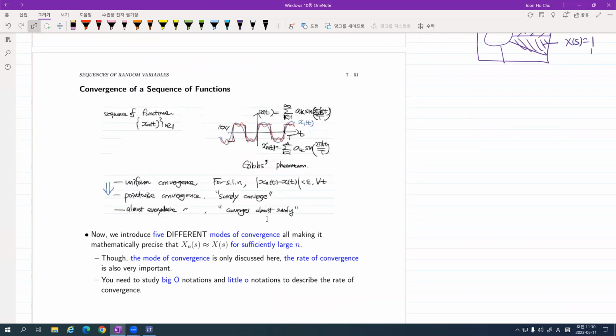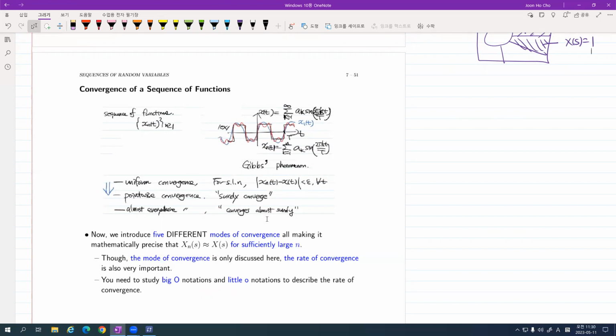This figure shows the Fourier series approximation. Here you see k runs from 1 to n. It must be 0 to n. Okay. In this case, the DC is 0, so probably that's why I removed that one. And I also do not have cosine because x of t is defined as an even function. Anyway,